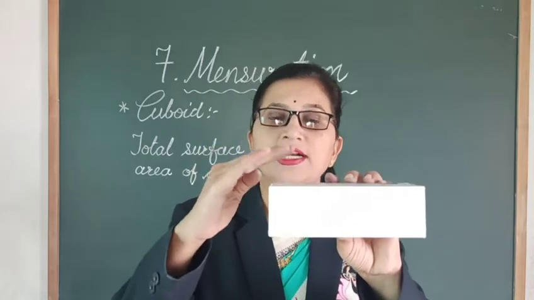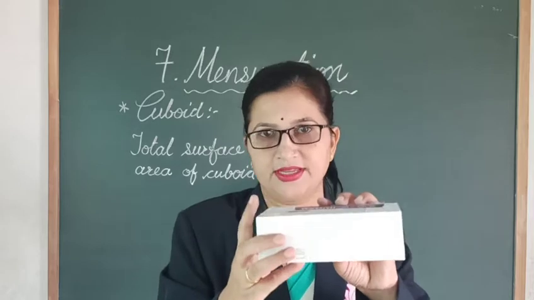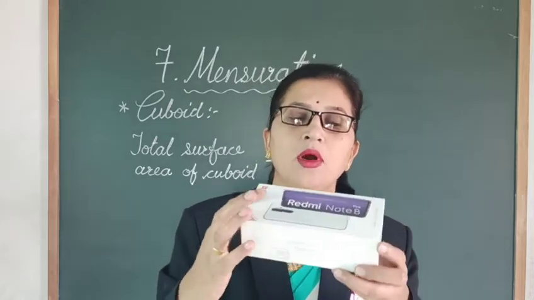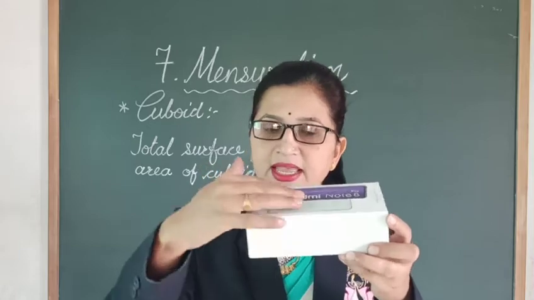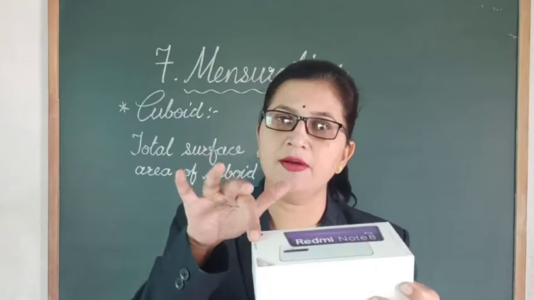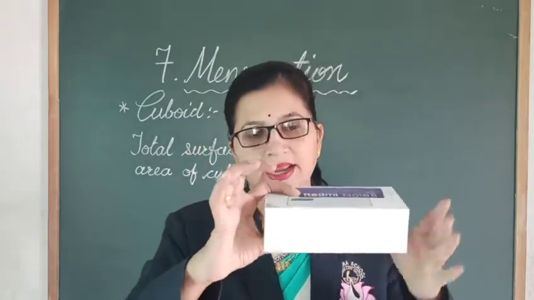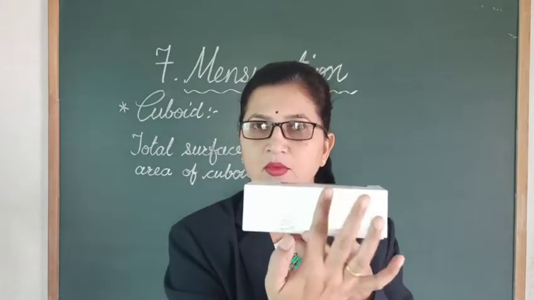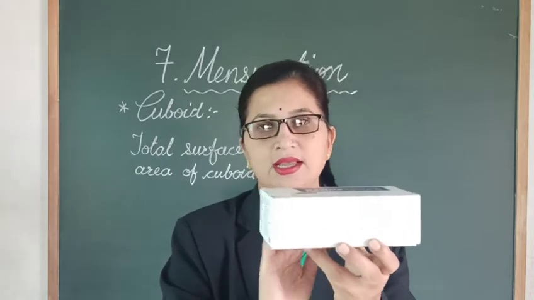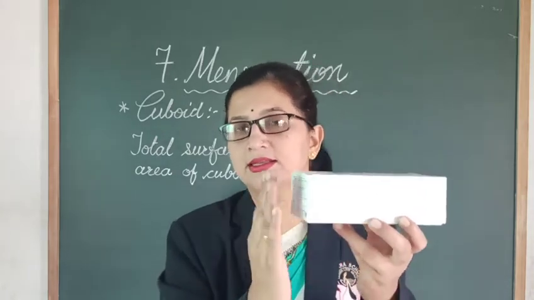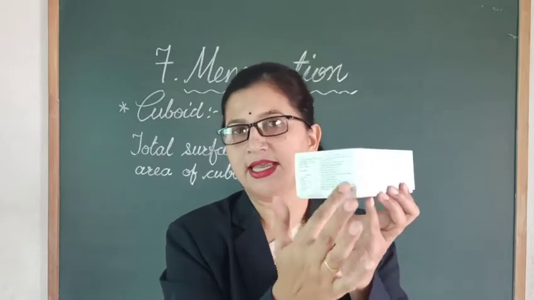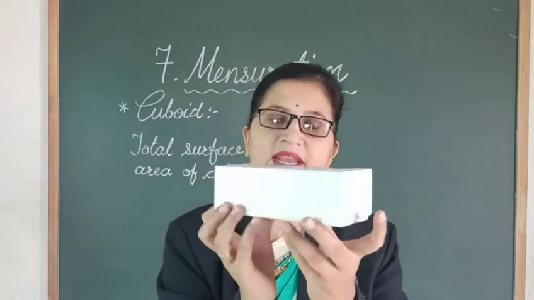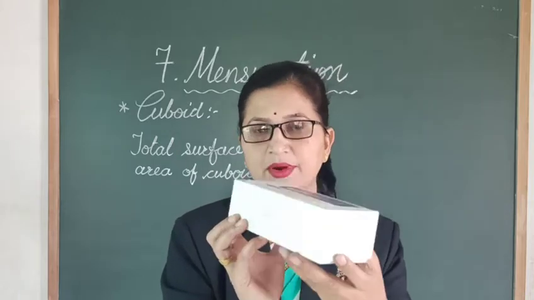Here let's find out the area of each face. You can see the area of this top, the same area we get for its base. So we have to find out only the area of the top, and multiply it by 2, so we will get the area of top and base. Similarly, whatever is this front area, the same we will get for the back side area. Then the same way for this side, whatever this area is, the same area we will get for the opposite face. So let's find out the area of each face.